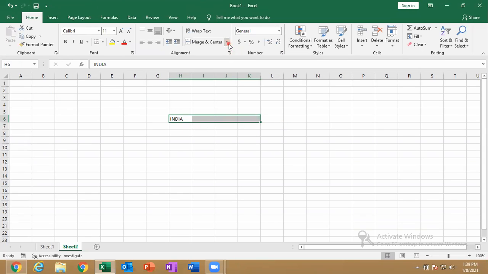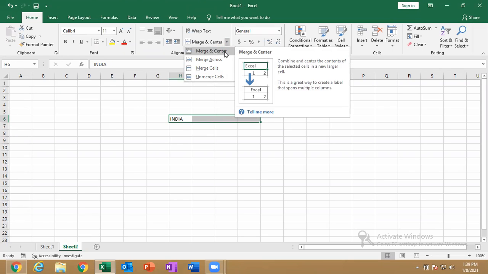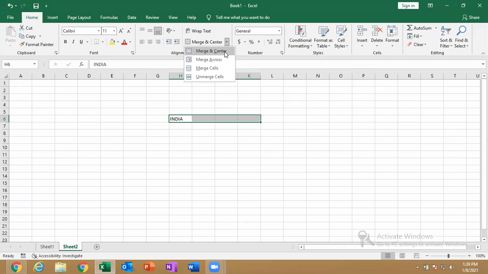Just let me click on this cell. First option is Merge and Center. So all these four cells will get merged and the text will be brought to the center alignment. And next here, again I type the same text.